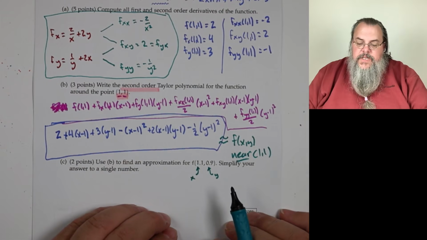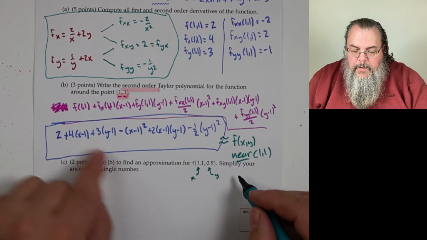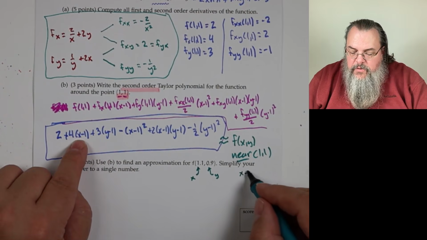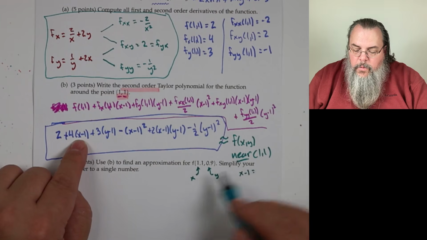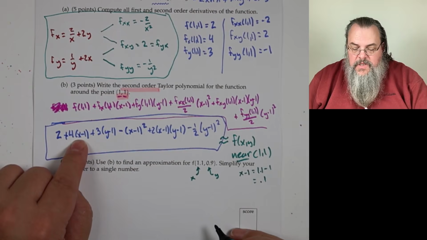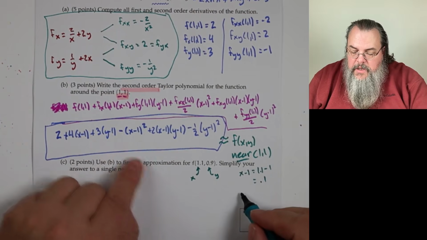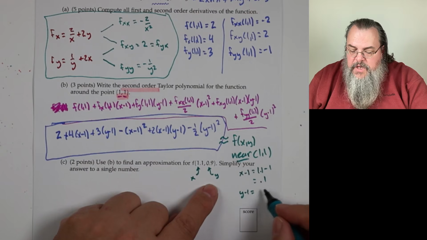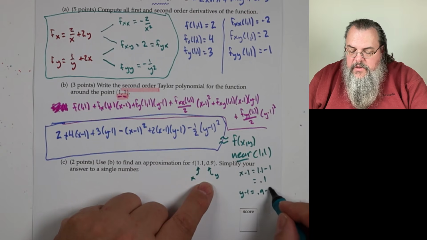Now, let's take advantage of things. When we plug in x, we get x minus 1, that's 1.1 minus 1, which is 0.1. On the other hand, when we plug in y, y minus 1 becomes 0.9 minus 1,